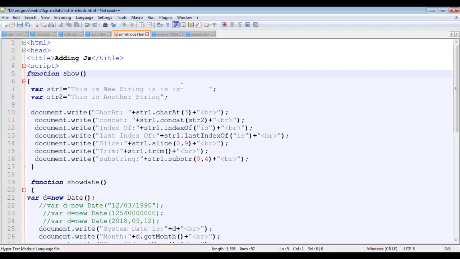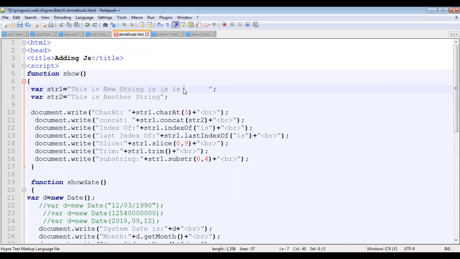The first function is charAt. This charAt function allows us to fetch the character at a specified location, or specified index. So when I say string1.charAt(3), it will retrieve, counting 0, 1, 2, 3, the third index character from string1.